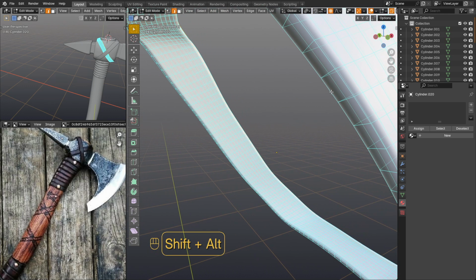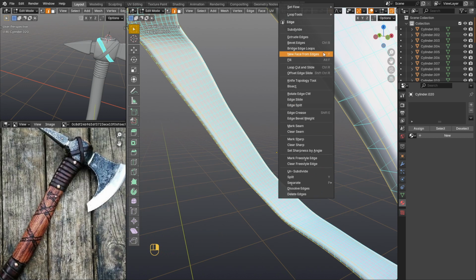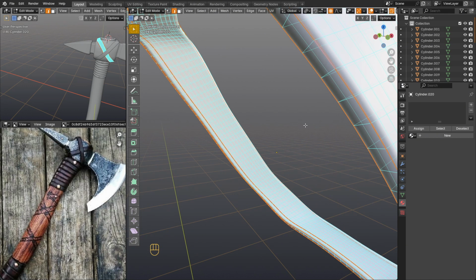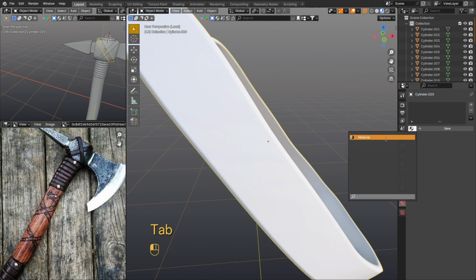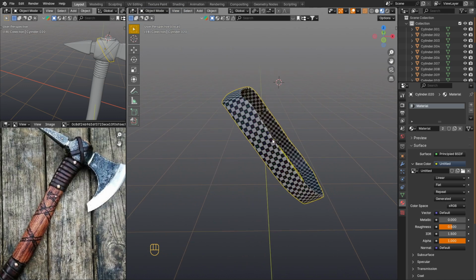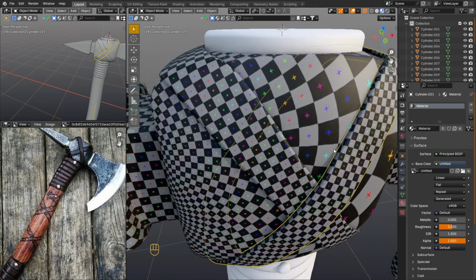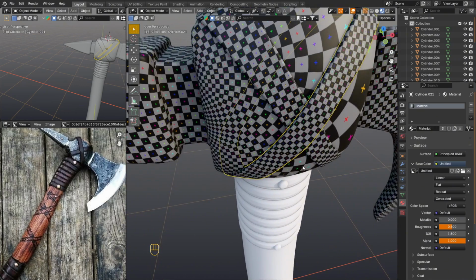On these round details, let's call them straps, it is necessary to mark 2 seams on top, 2 seams on the bottom and 1 each and 2 vertical seams. Therefore, in the same way, holding down the Alt key, click on the edges and mark the edge loops that suit us. After that, press A, select all the faces and U to make unwrap. We do the same with the second strap and make a UV map for it.